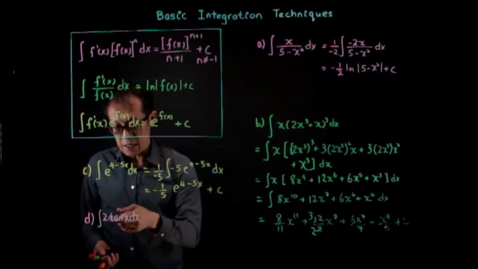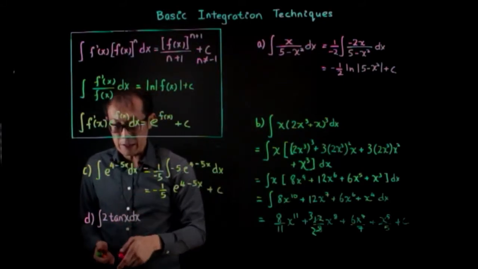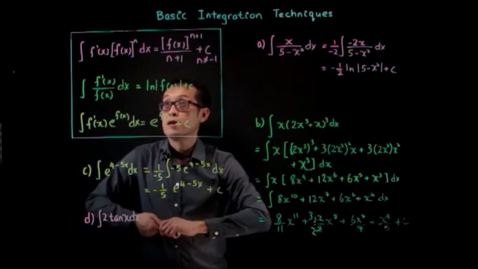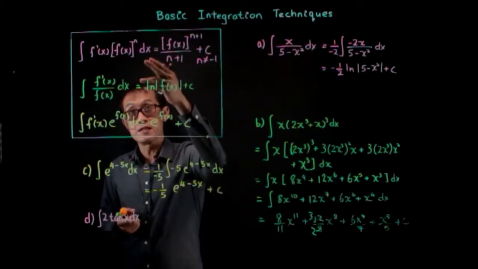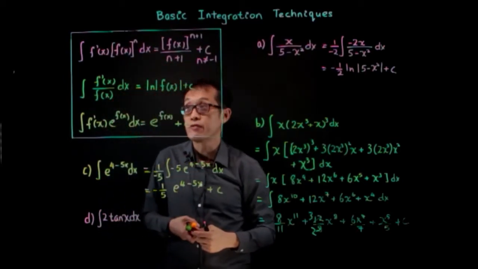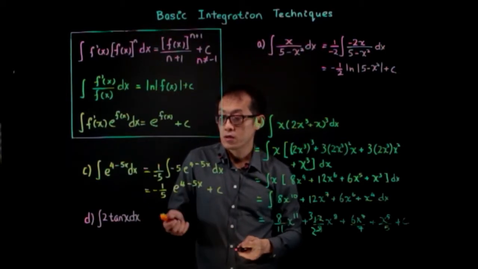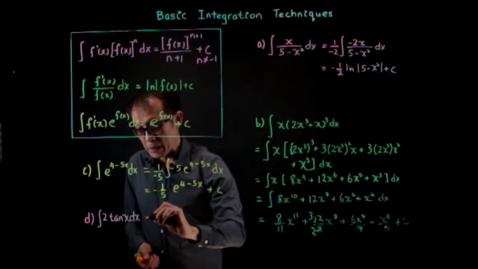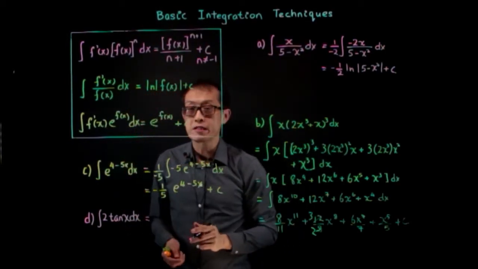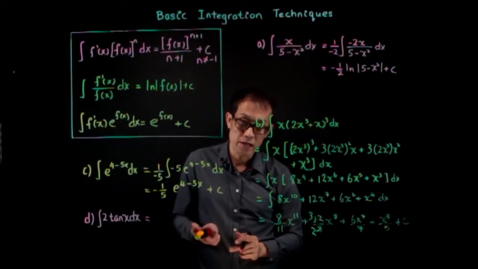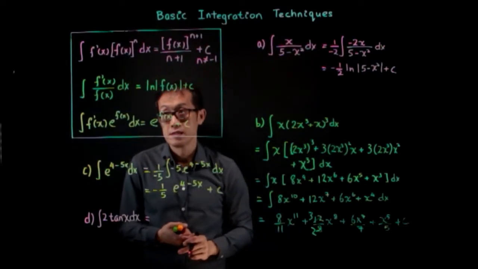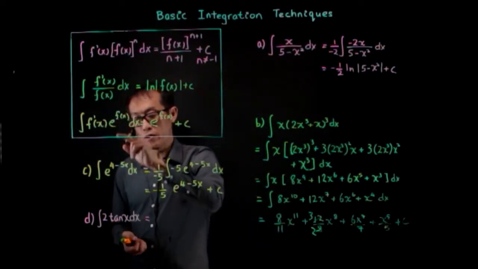Now how about this expression here? This is how to integrate 2 tangent x. Now it seems like 2 tangent x doesn't fit into any of these 3 formulas. So what you do is, if you look at it properly, tangent x can be rewritten as sine x over cos x. You differentiate cos x, you get sine x. So we can use